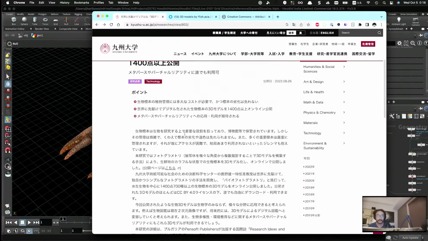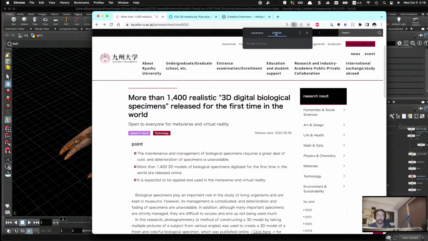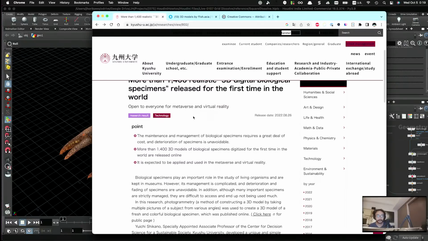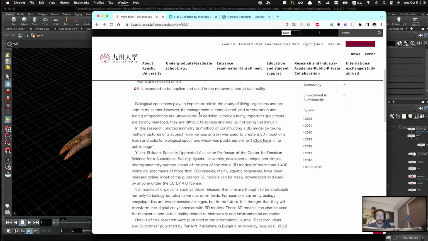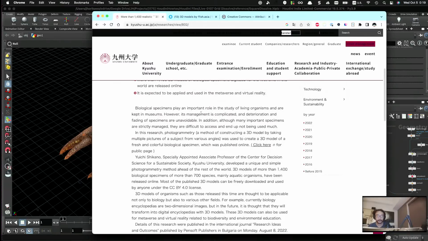Well, this is written in Japanese, but in English, it says more than 1,400 realistic 3D digital biological specimen models have been released freely by a research lab, I think. And you can download it from, I guess, this one,